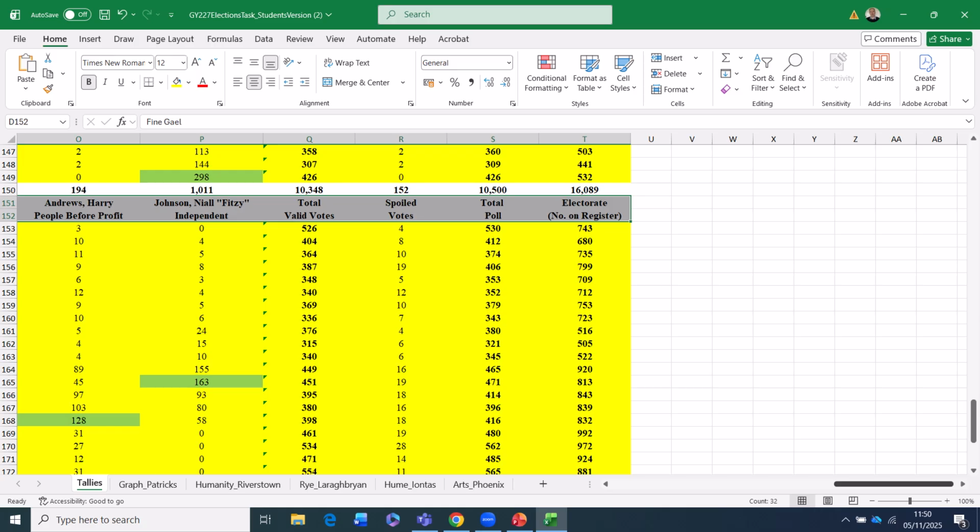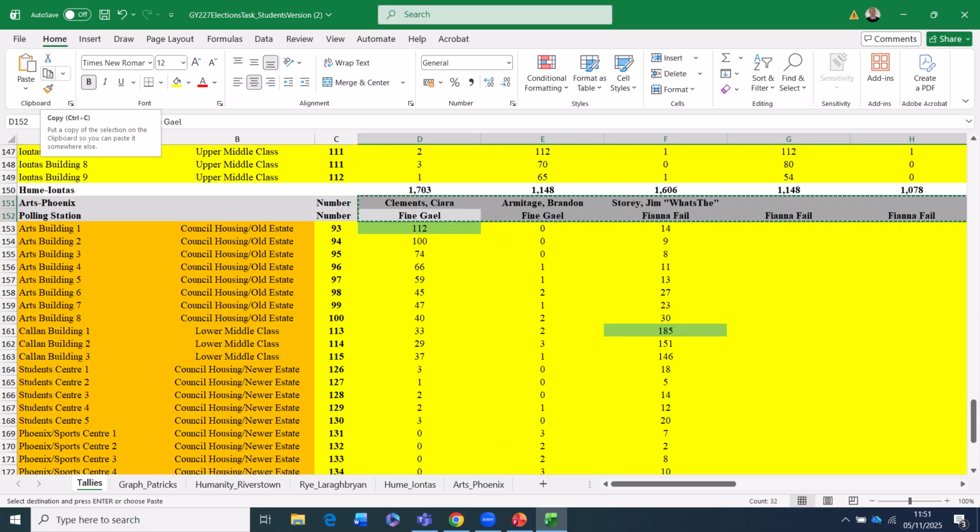Once I have highlighted everything I want to copy, I click on the copy icon. You'll see the copy icon there in the top left-hand corner of your Excel sheet. There's a very big paste icon. The copy icon is literally right beside it. It looks like 2 copies. So I copy the text,